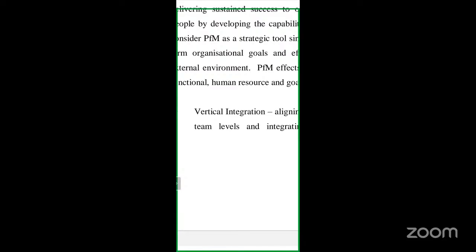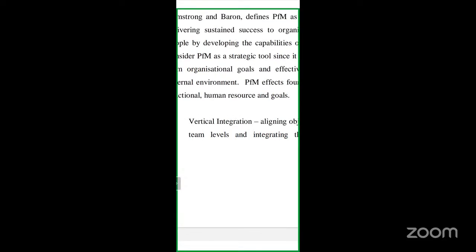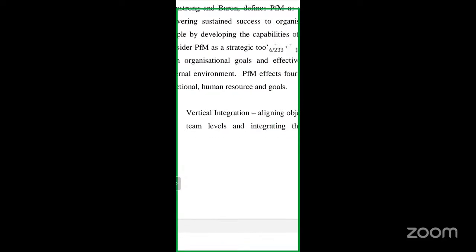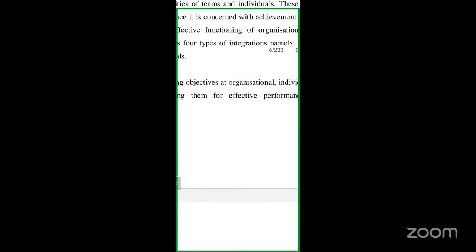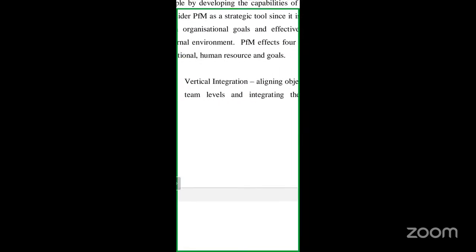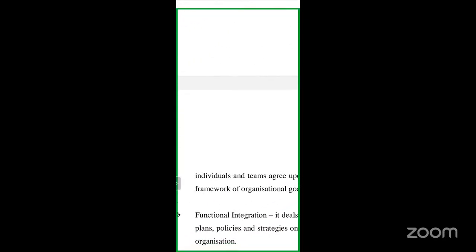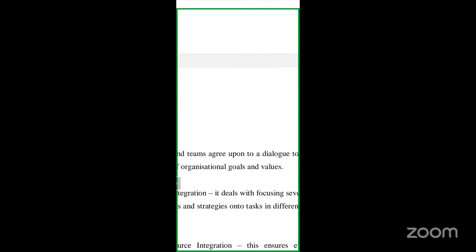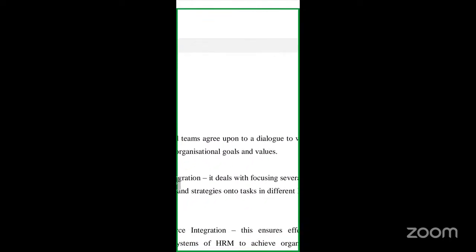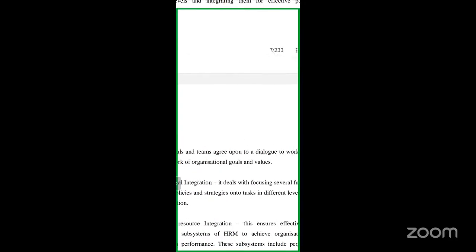There should be an integration according to Armstrong. So vertical integration, we study first about the vertical integration. Aligning objectives at organizational, individual and team levels and integrating them for effective performance is known as vertical integration. It means the individuals and the teams agree upon a dialogue. If we are having a group discussion, there should be an integration between all the dialogues taking place in the